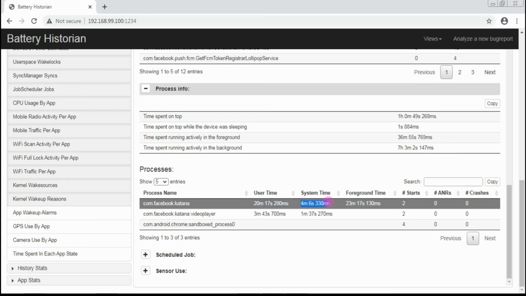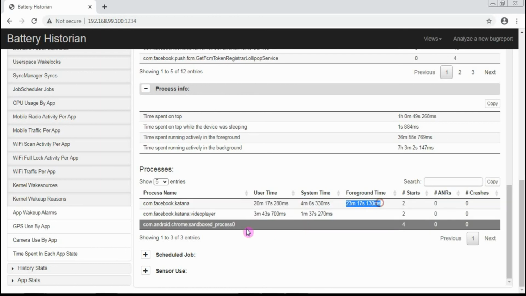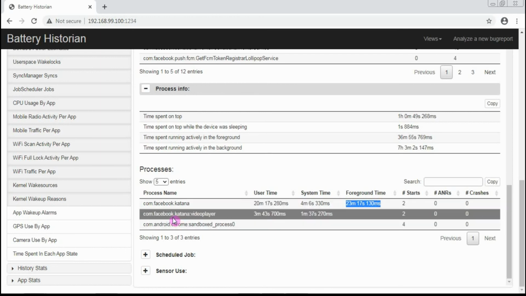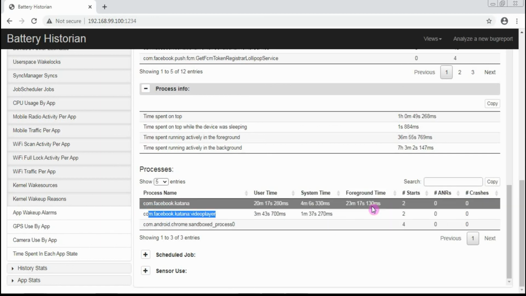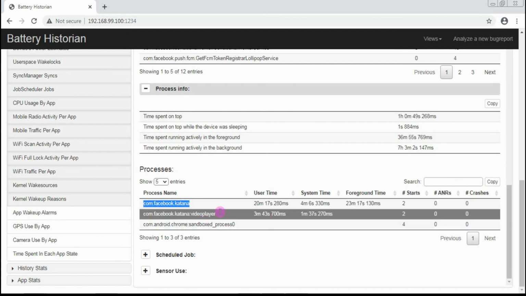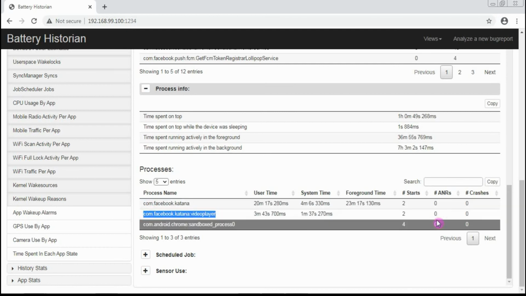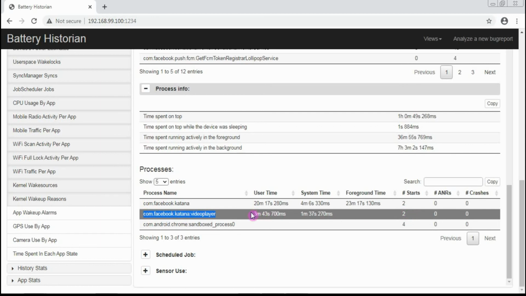Then for system active time, it was 4 minutes. And in the foreground, it was for 23 minutes. So this is the particular usage graph of this Facebook application and in terms of processes which it has been using. So this first process has been started 2 times. This second process has again been started 2 times, and this is the number of times it was active.